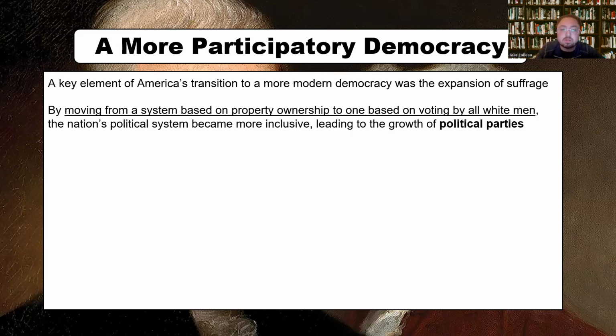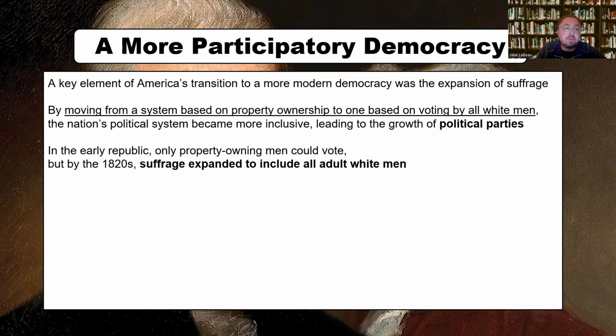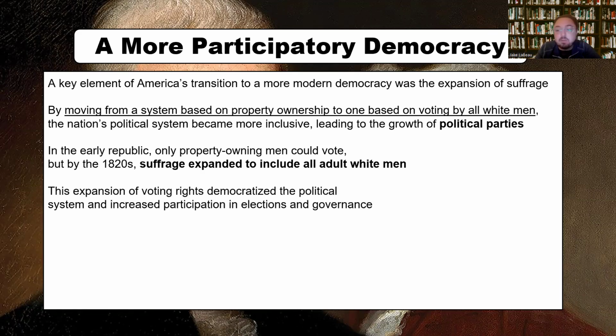It is slow, could be frustrating, but it's important because the nation's political system became more inclusive, leading to the growth of political parties. So when these political parties grow in the early republic, only property owning men could vote. But by the 1820s, the suffrage is going to expand and include all adult white men. So we're gaining more voters, gaining more people participating in the democratic processes. So this expansion of voting rights,